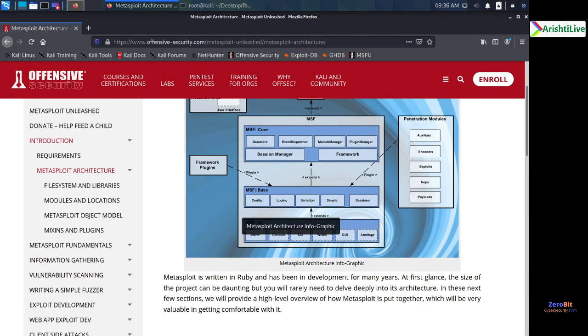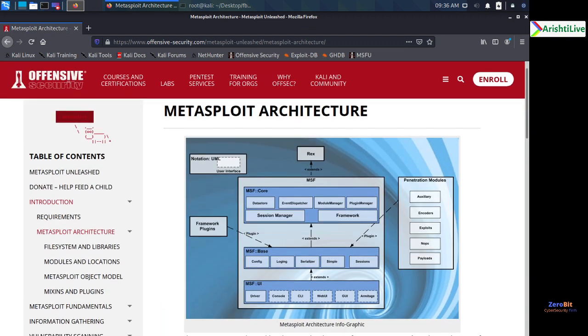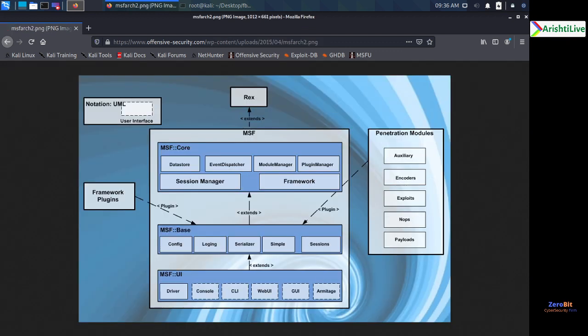So let's first see what that means. Here we see there are a few options, right? Let's open this image in a nice environment. That looks nice. So this is what this environment actually looks like. So we got MSF, right? Let's talk about the UI first. In the UI we have drivers, console, command line interface, web UI, graphical user interface, and